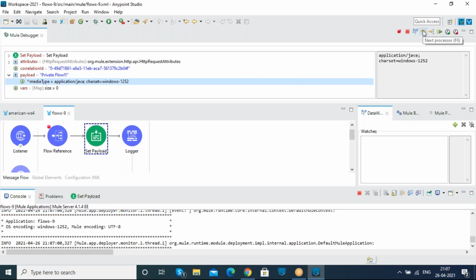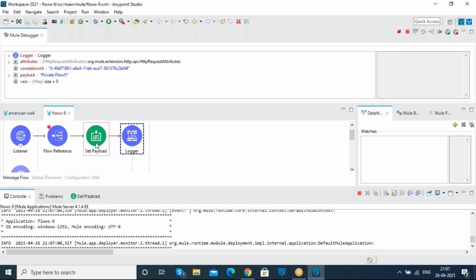application JSON. So when I click on this next process, it is picking the previous payload itself, but the format of the message has been changed into application JSON. So the end payload is picked by the end set payload connector itself. But since we had mentioned it as a payload, it is picking the previous payload. Okay.